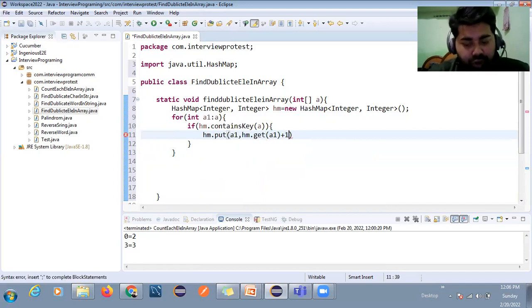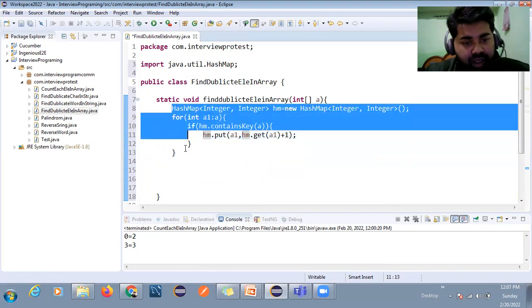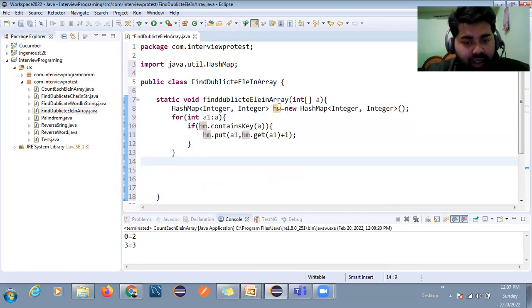I will explain this again. If you already referred to the video on finding duplicate characters in an array, it is very easy for you to understand because I already explained it. But sometimes what happens is you don't practice, and suddenly a new question comes, then you get stuck somewhere, right? So it's better to practice, so if the interviewer asks you any question, you are able to give the answer, right?